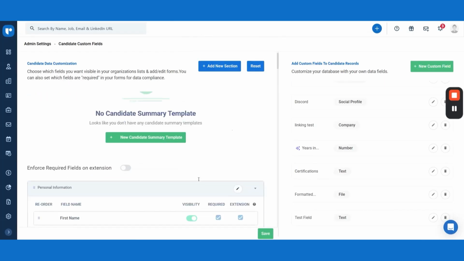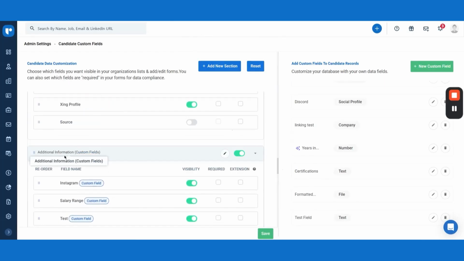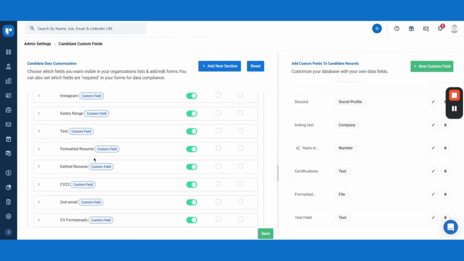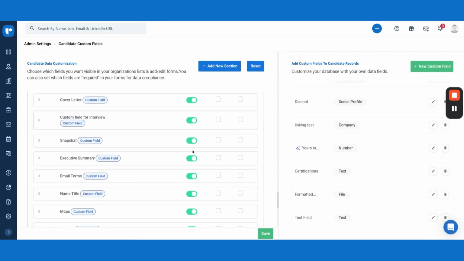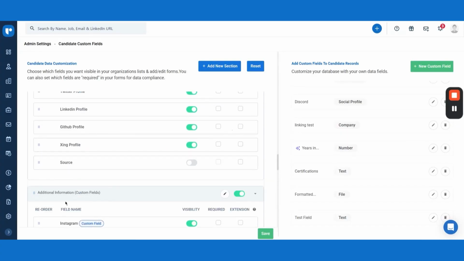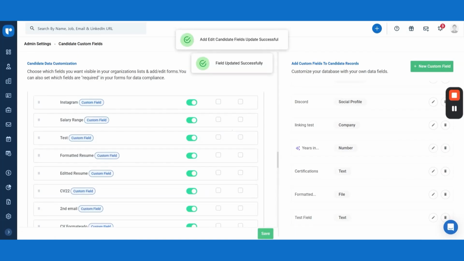After that, you'll be able to see it on the right side under the candidate fields in the Additional Information section. This section contains all the custom fields you've created. You can reorder these fields by dragging and dropping them to match your workflow. You can also turn visibility on or off, make the field required, or enable it on Chrome extension. Once you've made your changes, click the Save button. After you save these changes, every user will see the updated layout when creating or editing records for that particular